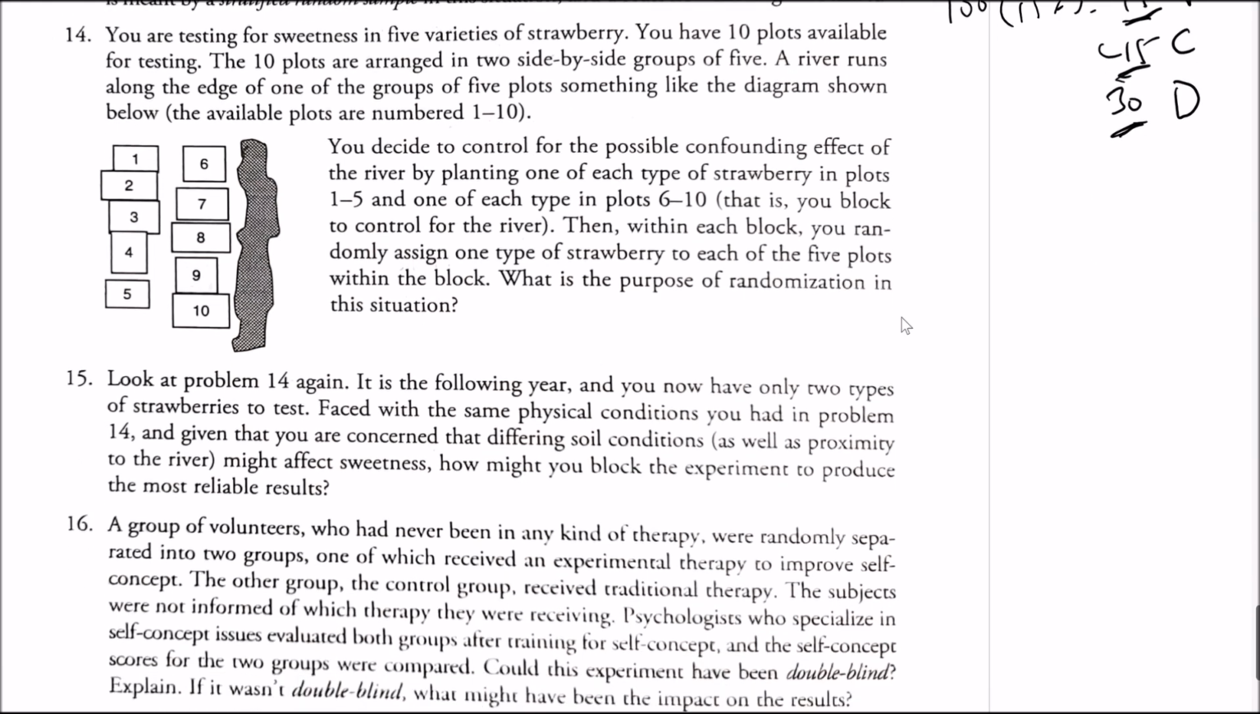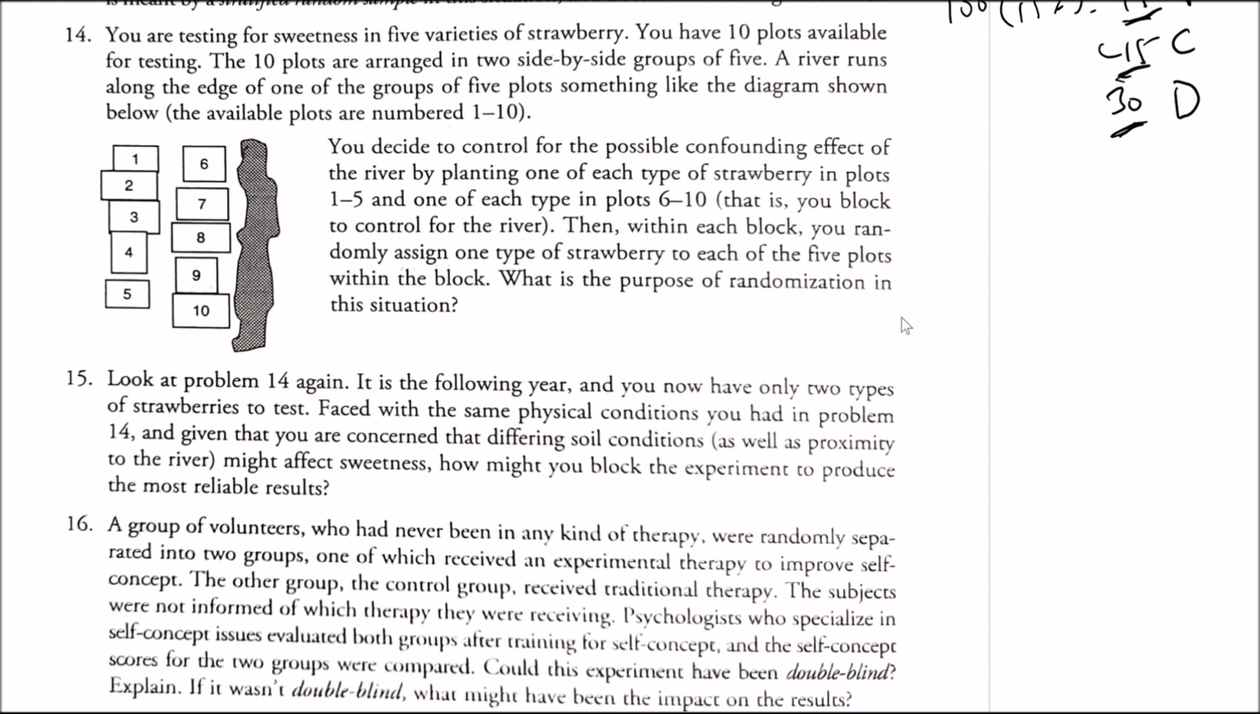All right, number 14. You are testing for sweetness in 5 varieties of strawberry. You have 10 plots available for testing. The 10 plots are arranged in 2 side-by-side groups of 5. A river runs along the edge of one of the groups of 5 plots, something like the diagram shown below. The available plots are numbered 1 to 10. This is very similar to the question that we did in a homework, right? It's almost identical, the type of setup where there's a stream and then there's 10 plots of land